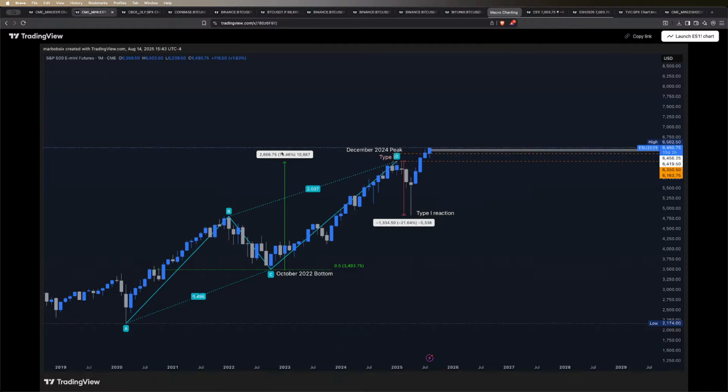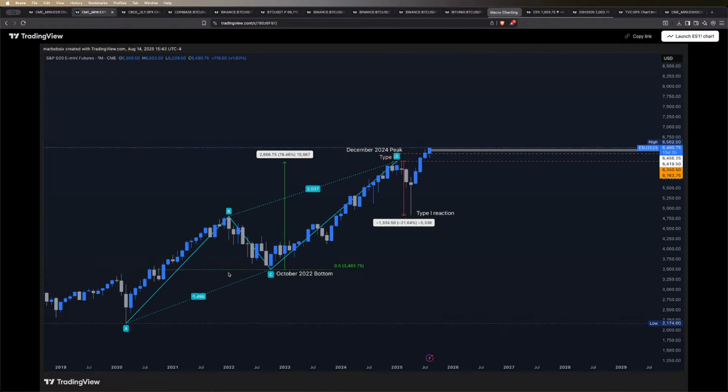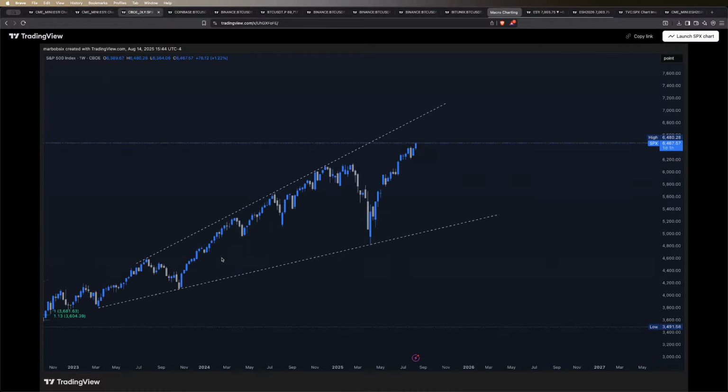After an upward move of nearly 76% from those lows, the October market bottom, the peak of December 2024 created a violent downward pressure of nearly 22%, bouncing back, reclaiming the previous high of 2024, where we are now having another pattern within this formation, a channel, basically. However, there is also another ascending broadening formation, also navigated last year in August.